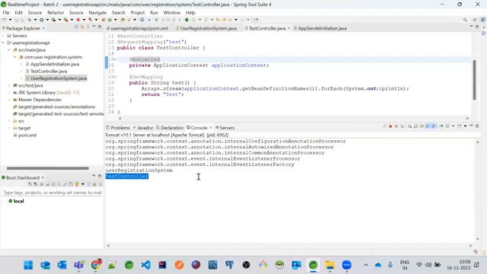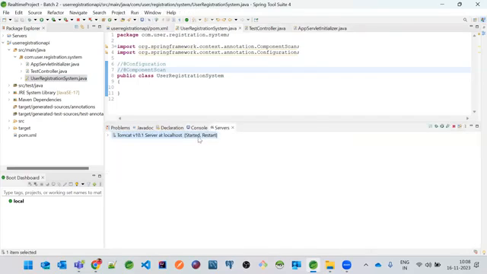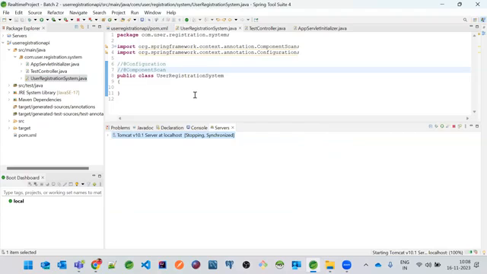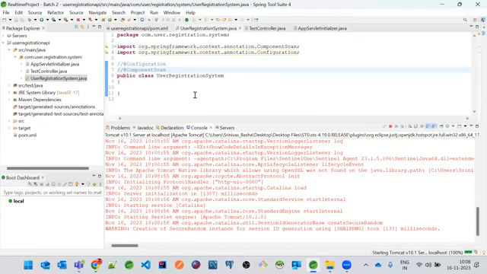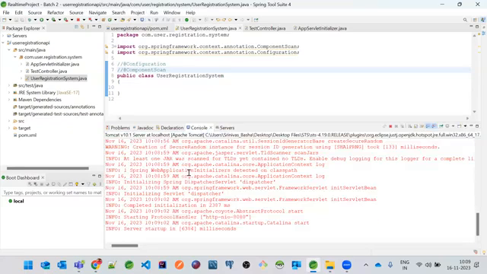Now what happens if we don't have this @ComponentScan on the user registration system? Let's see the issues now. Okay, now let's restart the application. It has restarted.